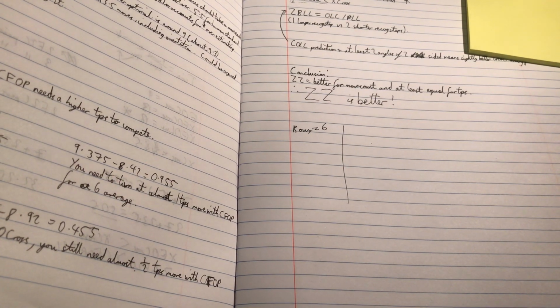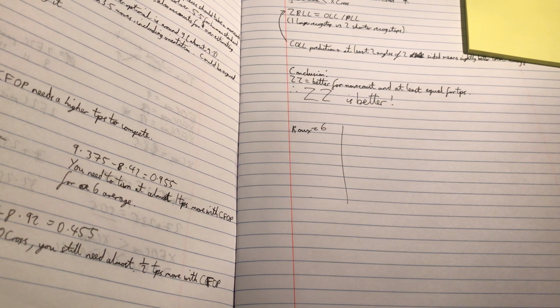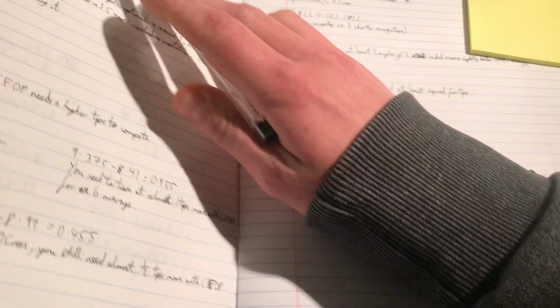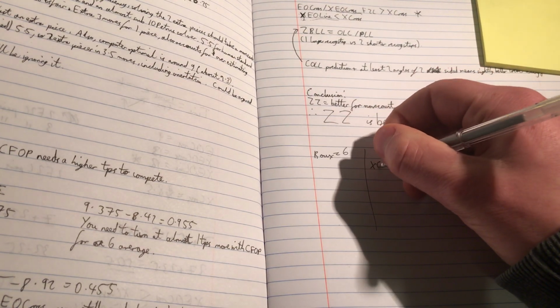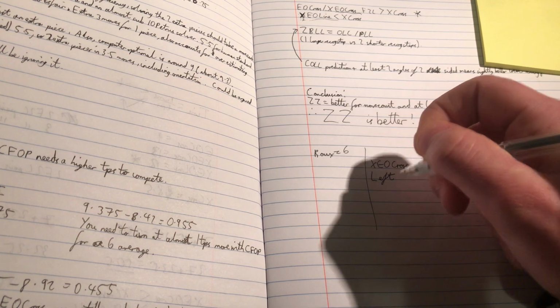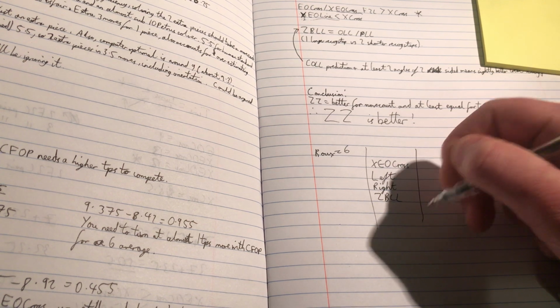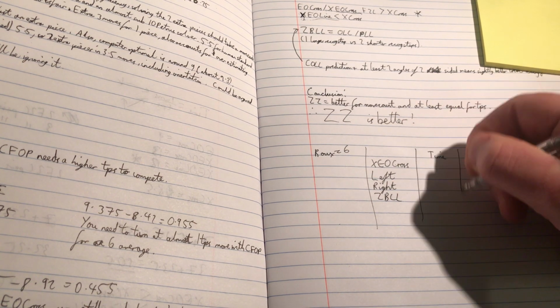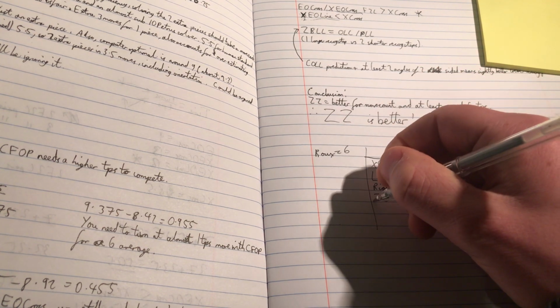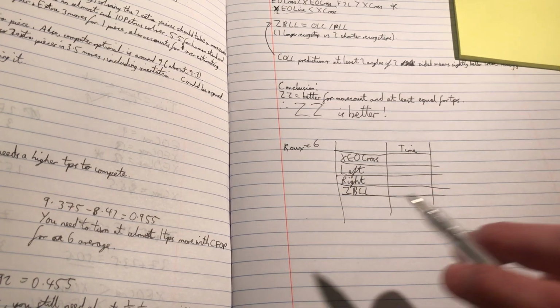Do I have them written down? Yeah, so if we're going to do XEO cross up here, I'll write them down. So XEO cross, left, right, and then ZBLL, and then time, predicted time. So he said, what an amazing table. So he said that for ZZ, it's about 1.2 seconds for